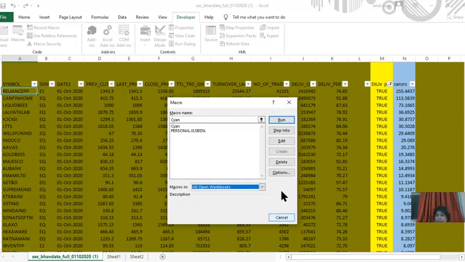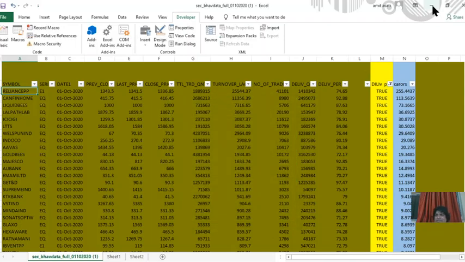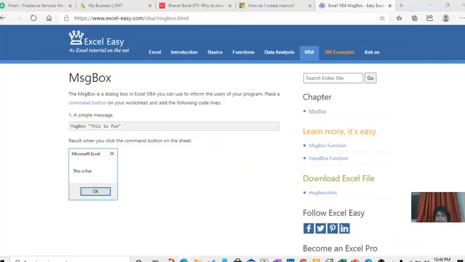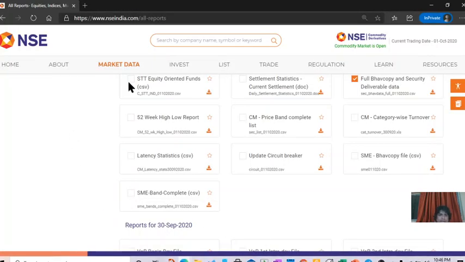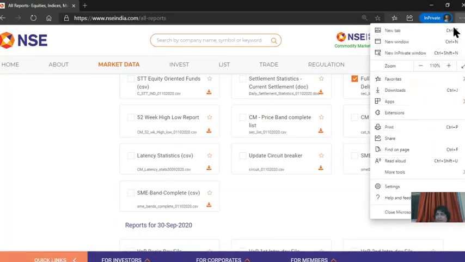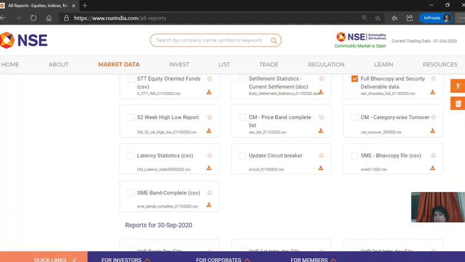And now we will apply this macro to another workbook. We will cancel this and open another worksheet from the Bhav copy. This is already recorded here, and it is in the downloaded folder.